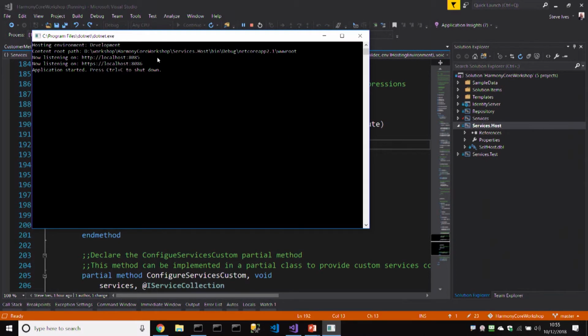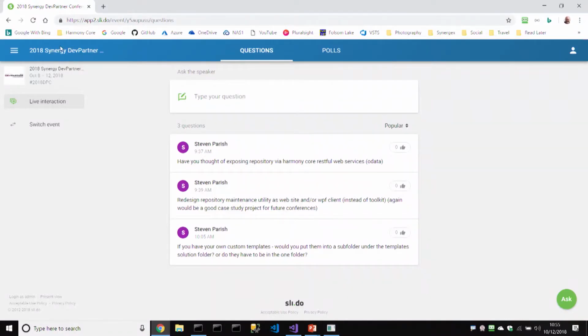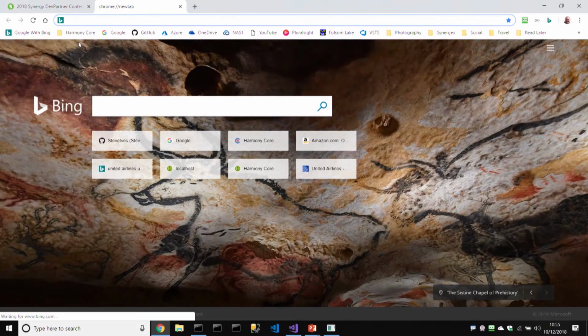It's reporting to us its content root path, this is where it's running from. Look, services host bin debug netcoreapp2.1 wwwroot. That's where our static files are coming from. And it's telling us it's available on these two ports, and it's telling us we can press Control-C to stop. And if we copy that URL, in fact I don't need to because I've got a shortcut to it here,